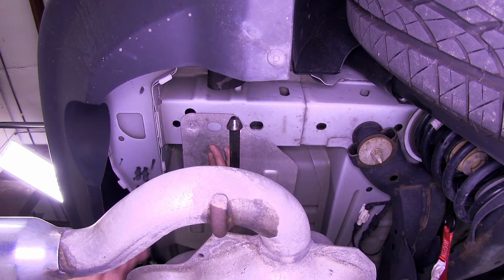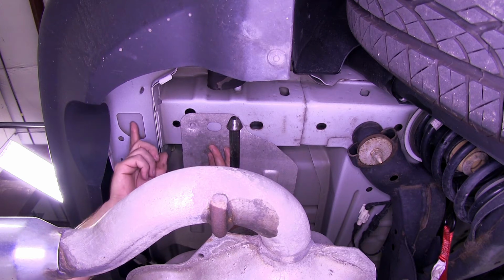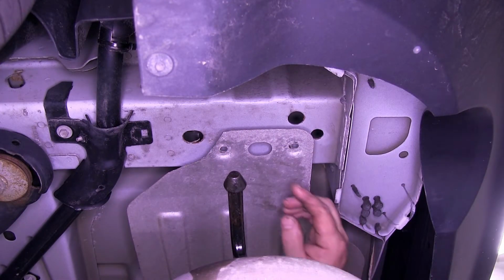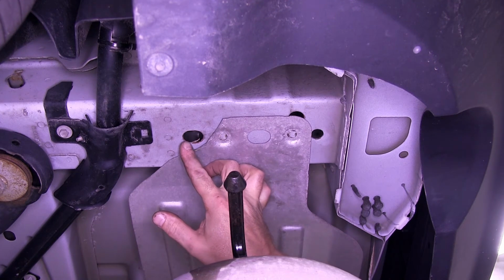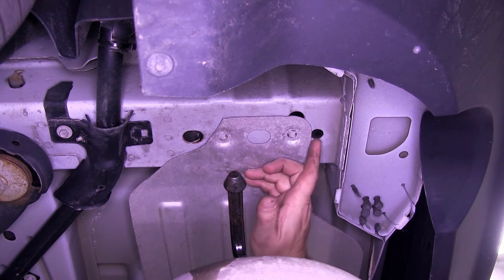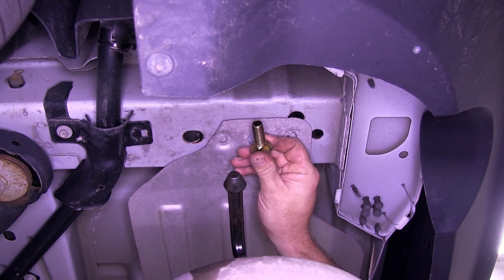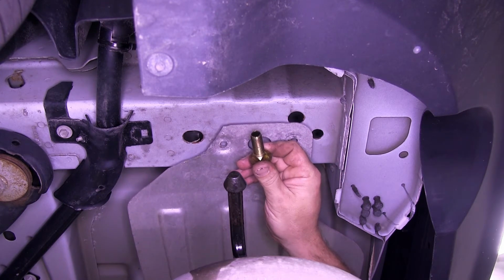Now over here on our passenger side, we'll be using this hole right here, this hole here, and again, we'll need to be using the hitch as a template to drill out our hole back here. Now let's go over the hardware that we'll be using to install our hitch to our vehicle. For the forward two-most mounting locations on each side, so this hole here and here, we'll be using a 1/2 inch carriage bolt by 1.5 inches long,